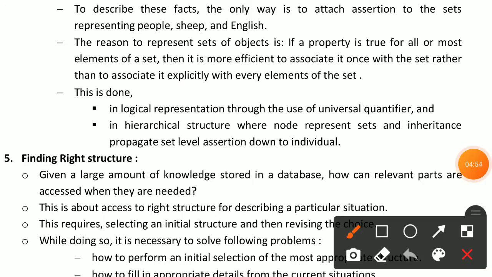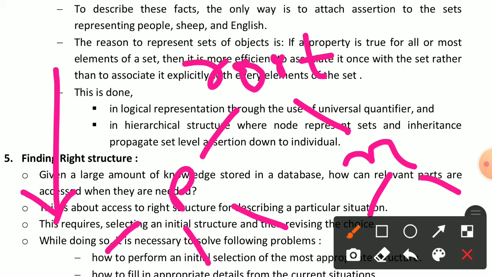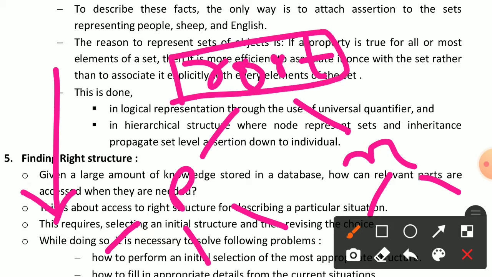In the hierarchical method, suppose we take one root node, then its parent nodes, then its child nodes. This is one hierarchy.